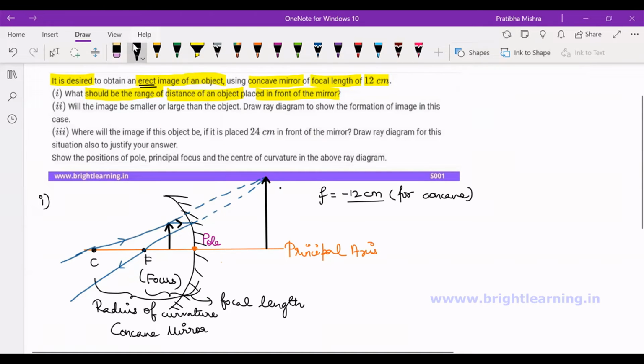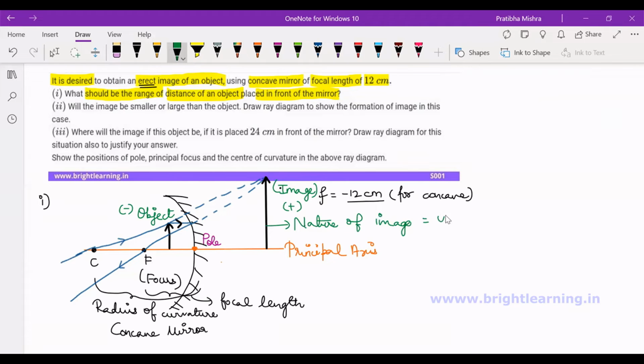Can you see the difference between the height of an object placed in front of the mirror, having a positive value, and also the distance of the object placed in front of the mirror will be negative because it's towards the negative side. And this is going to be the image, which is going to be positive because it's highly magnified. So the nature of the image which is obtained will be virtual, erect, and highly magnified.